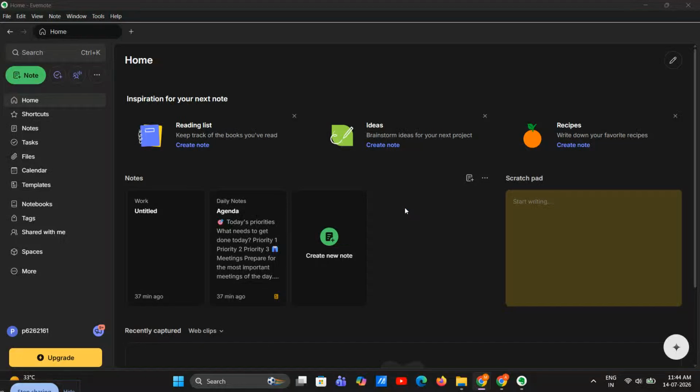If you use Evernote to stay organized, this feature can save you a huge amount of time. In this video, I'll show you how to use Evernote import folders on Windows, so you can automatically send files into Evernote without manually uploading them one by one. This is perfect for PDFs, images, and other supported files, especially if you want a simple workflow for saving documents